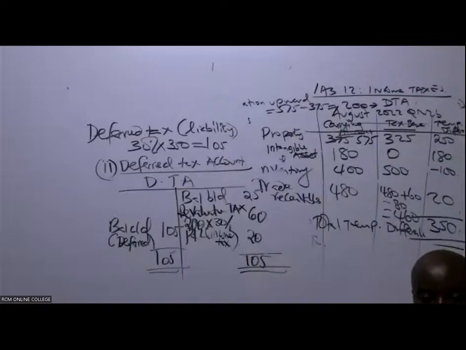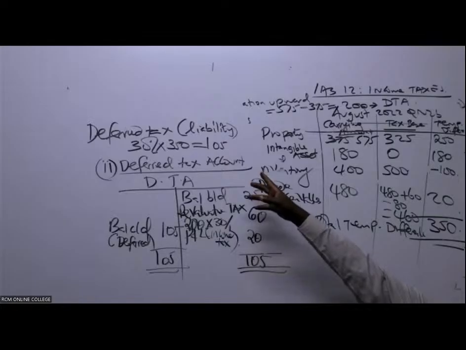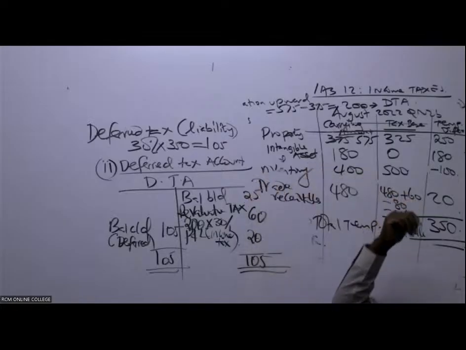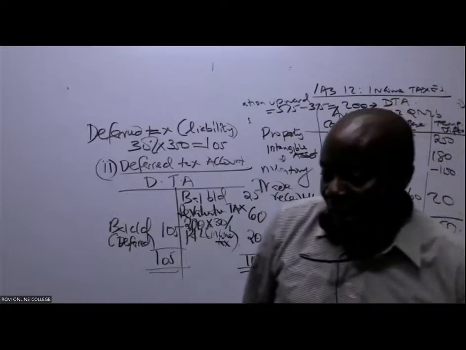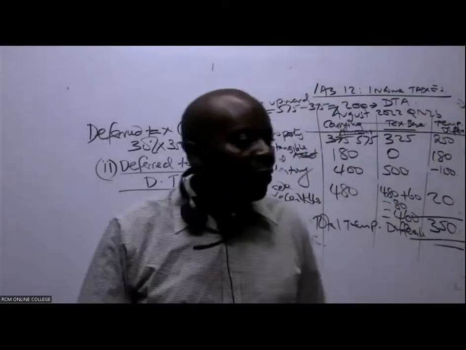What if it was taken as an asset? Are you talking about this 105 if it was negative? The 350, if 350 was an asset? If it is a deferred tax asset? Mwikali, are you talking about the 350 being negative? Yes, no problem. I've just said here, if it's negative, you'll simply come and put straight out that this is an asset. Normally, when it is a